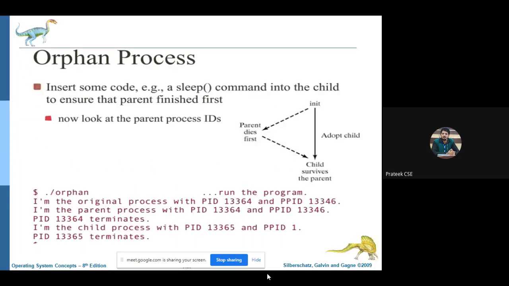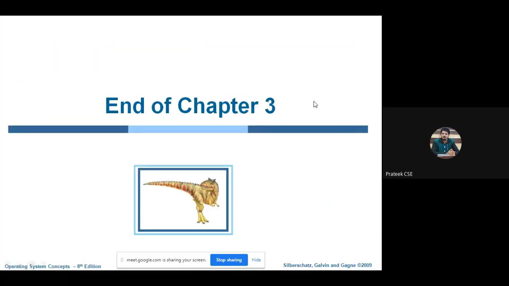And this is the scenario if we intentionally try to delete the parent process before the child process. So this diagram represents everything. If the parent dies first, before the child process, the init process, which is the root process, will adopt this child and become the parent for this particular child, and things will go smoothly. So this is all about today's class, and we have discussed in detail all the concepts regarding the basics of